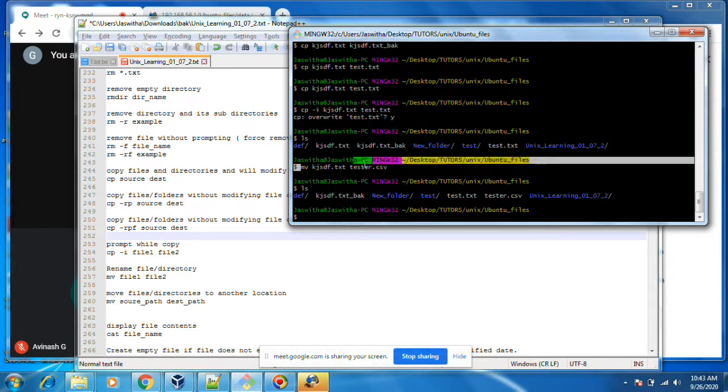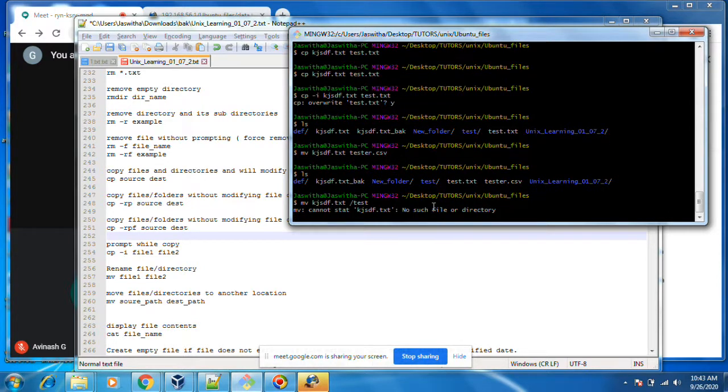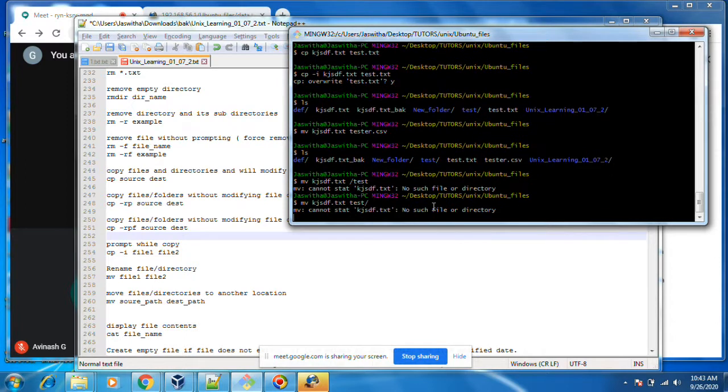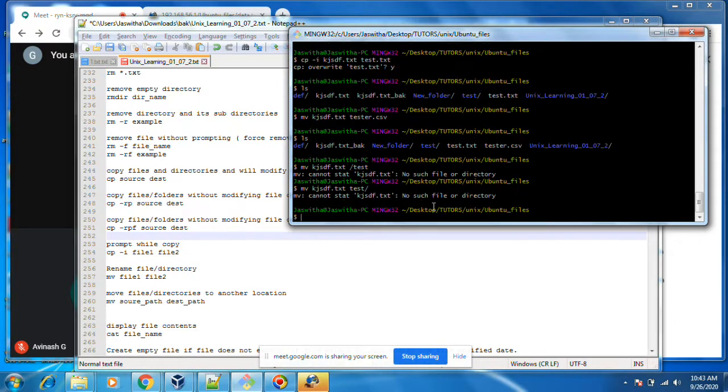If I want to move with rename. Yeah, I want to move this file to the test directory. No, test/test is not the directory, or the source file is not present.